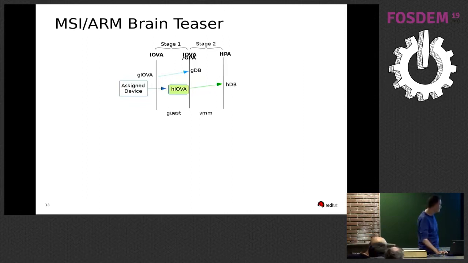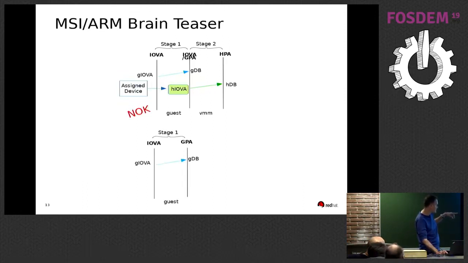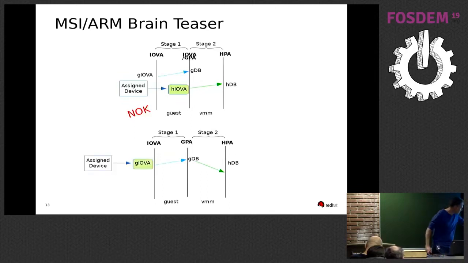So what we need to do practically is this: each time a mapping is created by the guest operating system to map its guest doorbell, the virtual doorbell, using its guest IOVA, we trap this event and pass it to the host kernel so that it can reuse the guest IOVA and create a nested mapping that reaches the physical doorbell. It's a bit tricky, but eventually it works. And now the assigned device uses this guest IOVA to go through the 2 stages.